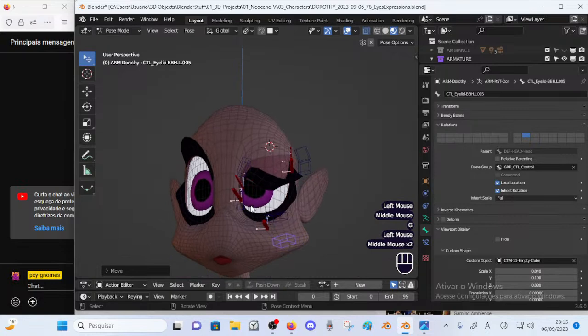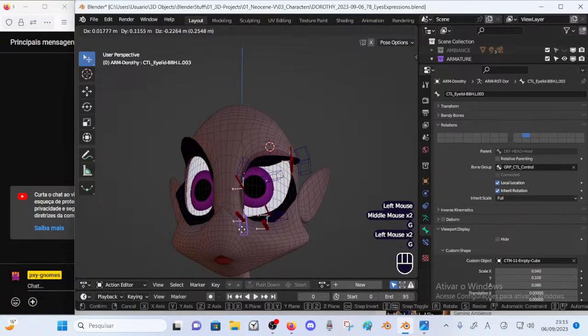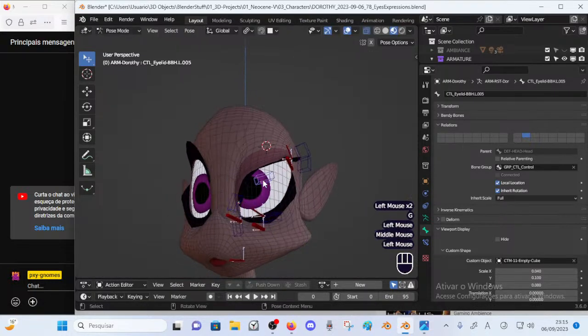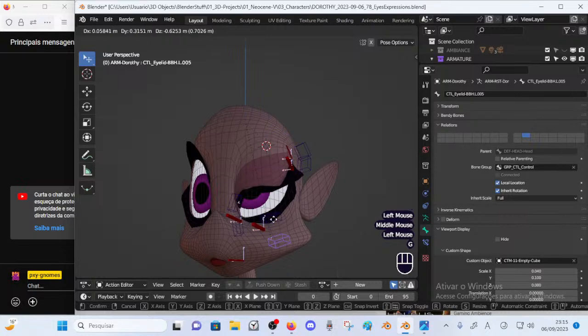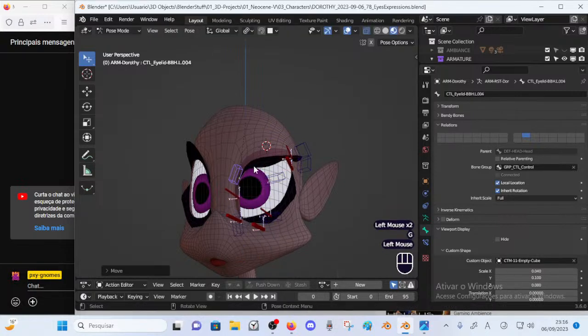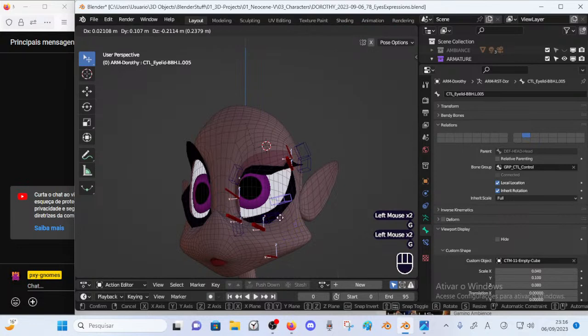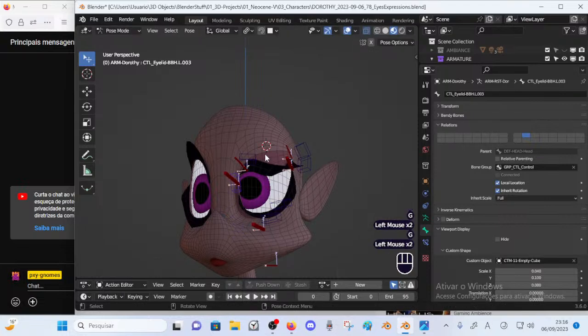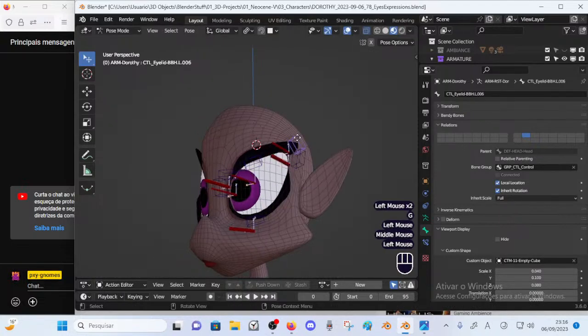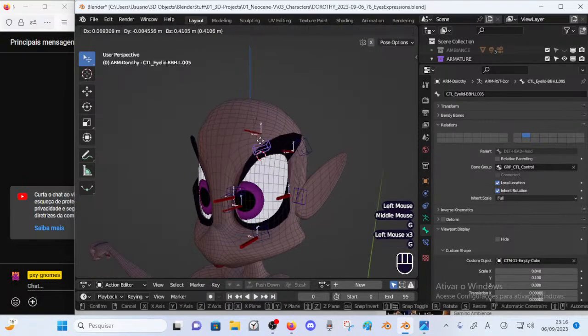Okay. Okay, it's working better. Still some issues there. It's already doing a lot of good stuff.